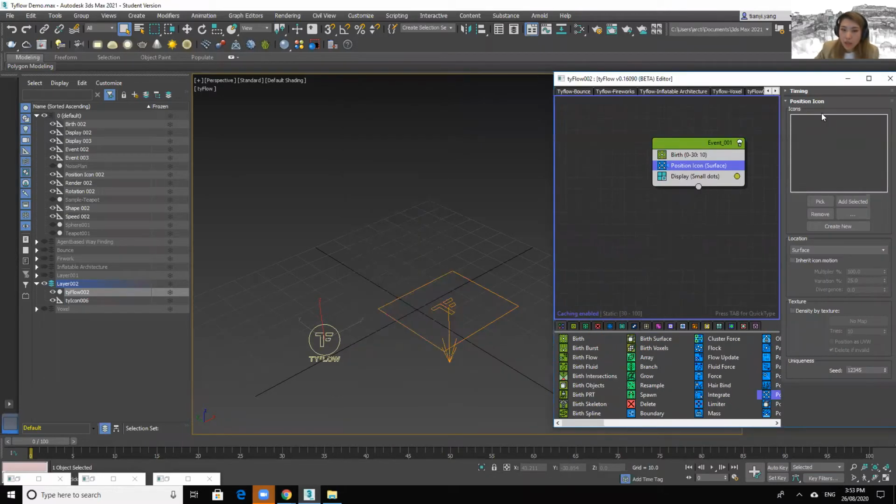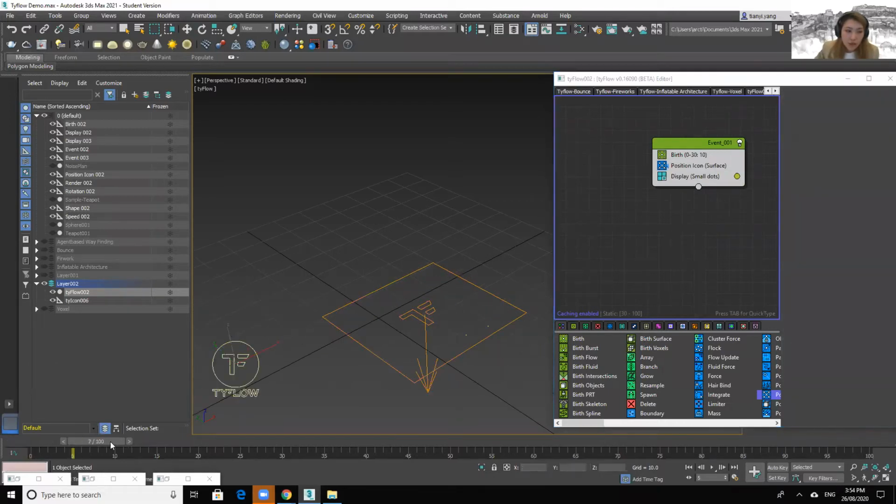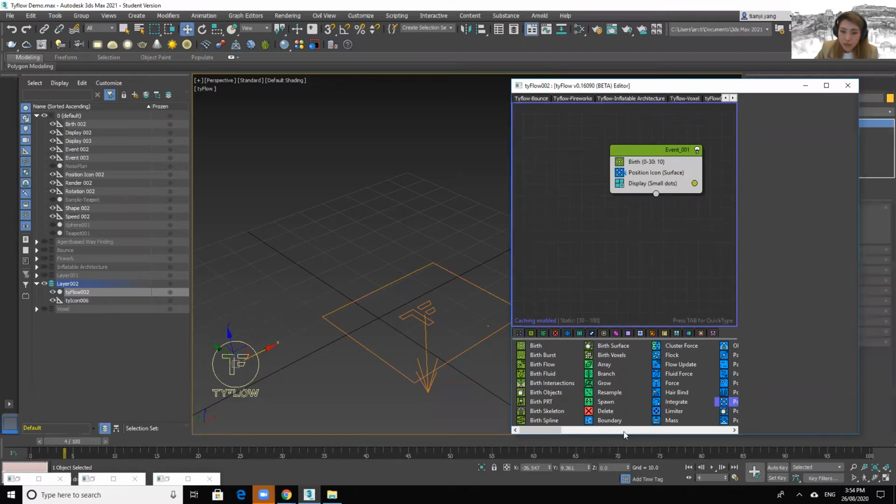And then we need to pick the icon for the particles. Just do pick and pick that icon. After that, if you drag the timeline, you will see the particles actually generate on this icon. Okay. From now on, the particle still doesn't do anything because it doesn't have a speed, and it will only generate on this icon. So next thing, we need to drag a speed